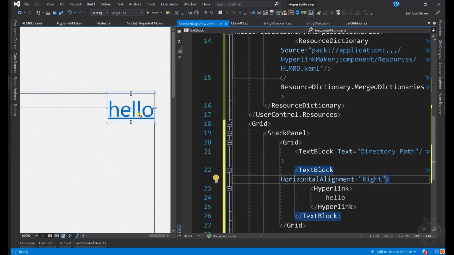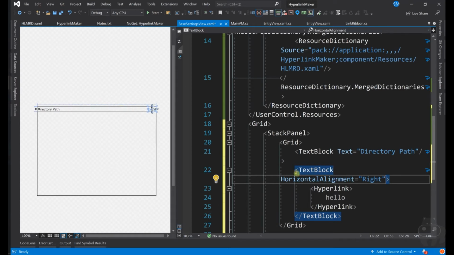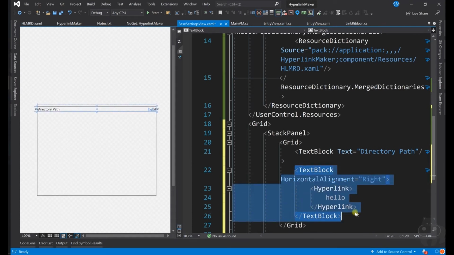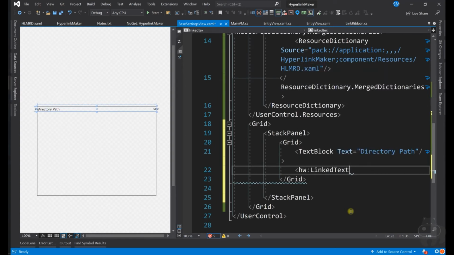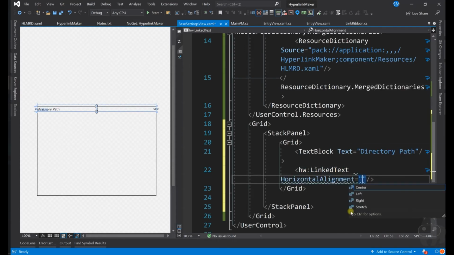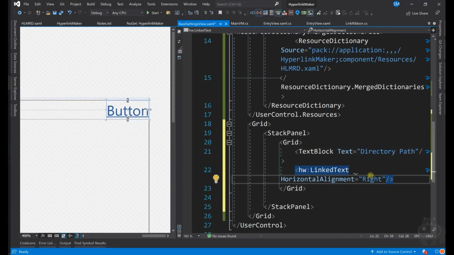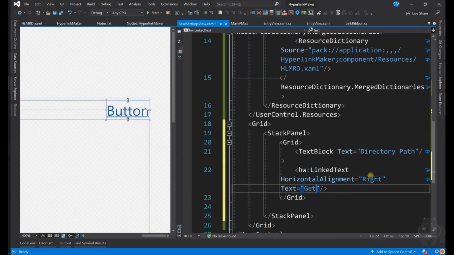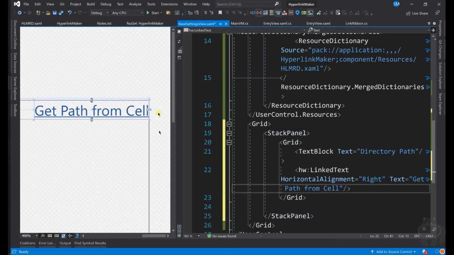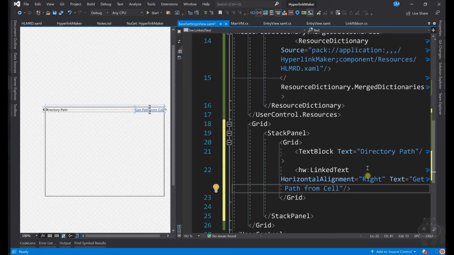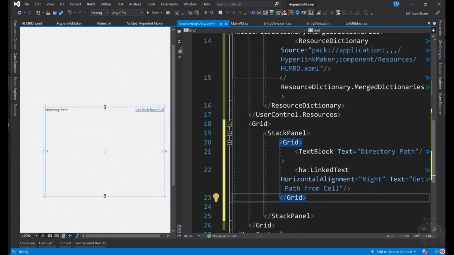But all these things we can remove, because Haley comes with something called linked text directly. You can call in linked text, and horizontal alignment is right, and you need to specify a name or text. Text is get path from cell. That's okay. So now you have something like this. That's fine. You have a text block and then you have a linked text.